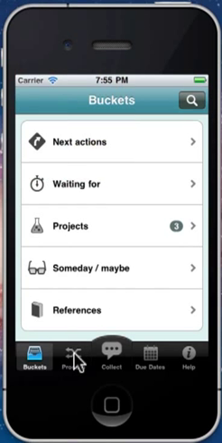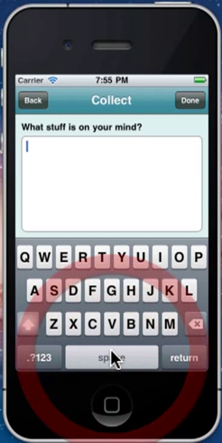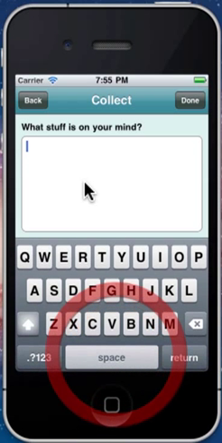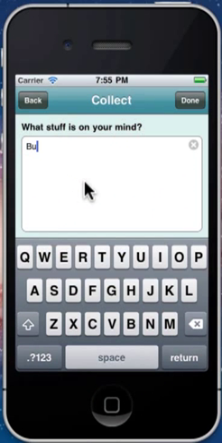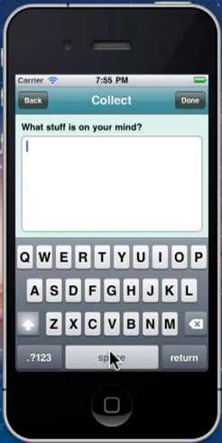If I go back to, say, process, well, there's nothing here at the moment, but let's just collect a couple more things. Let's just put in build a website for all my photos. Alright, let's put another one in: watch Inception, because I like it.